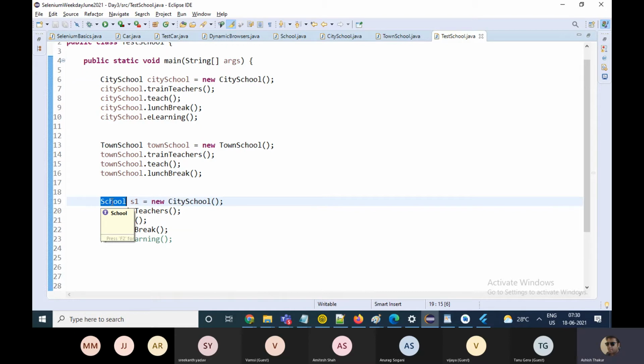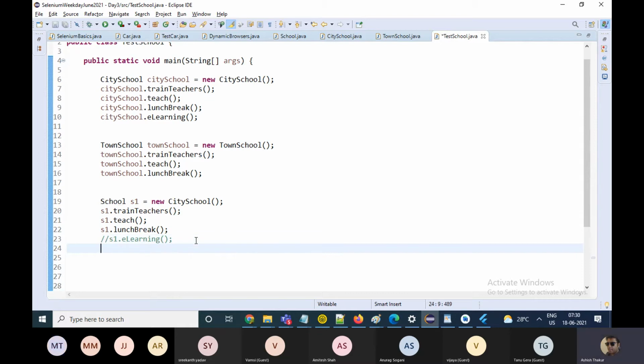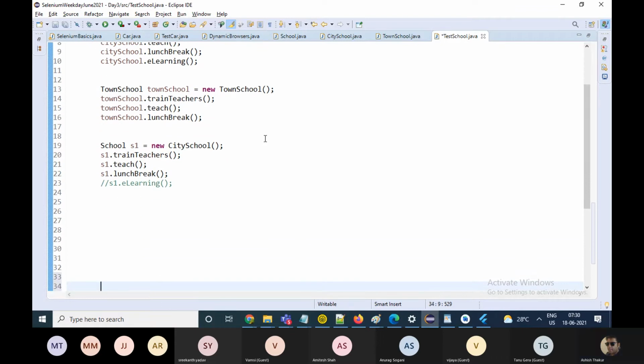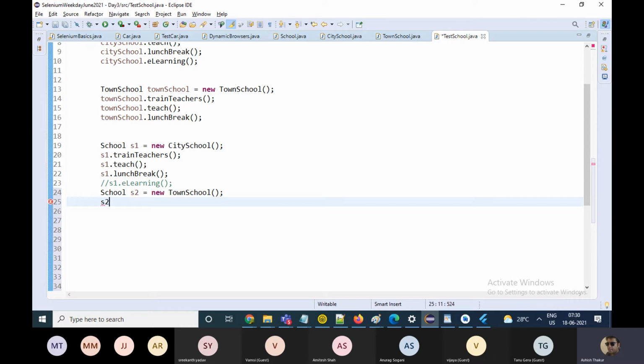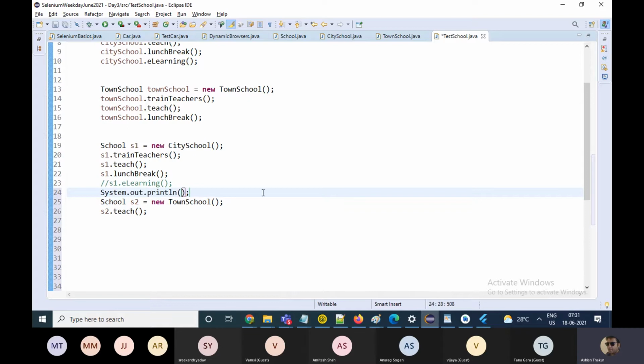The advantage is that I can also create the object S2 equals new town school, and I can call the functions of town school like the teach function. Let me put some demarcating line.